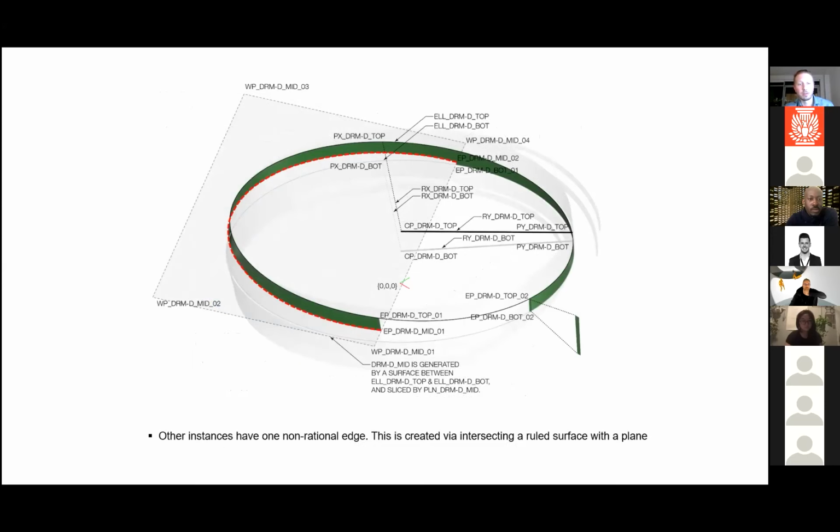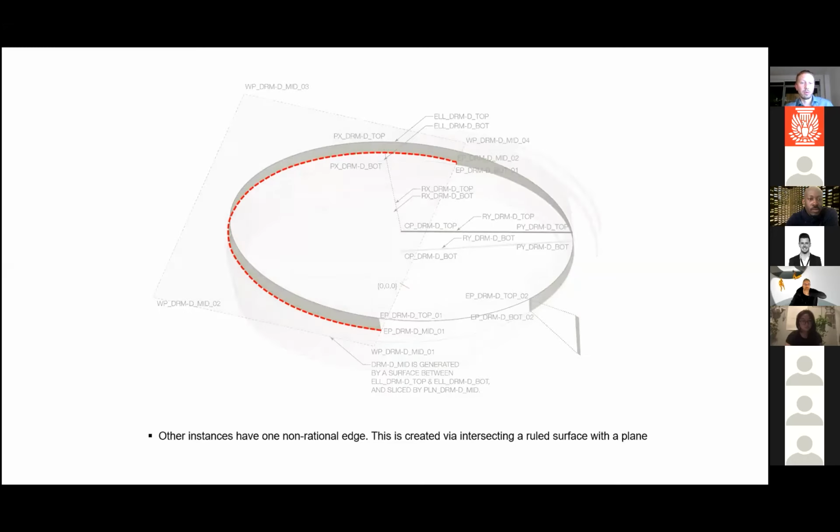And then that goes on into slightly more intricate ways sometimes. For instance, here, because of the architectural situation, this is an undercut, which is neither parallel to one of the ellipses, nor is it in the direction of the plank lines of the surface. So this becomes one of those strange NURBS curves that changes radius continuously. But you can describe it by undercutting, in this case, the ruled surface with a plane that has a certain equation to itself, so that you don't actually really have to care what the dashed red line is. You just know that it's whatever is the product of the intersection of the plane and the ruled surface.